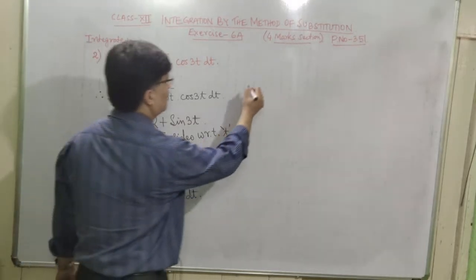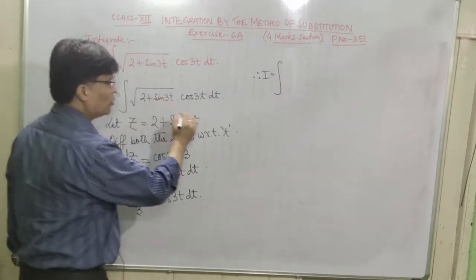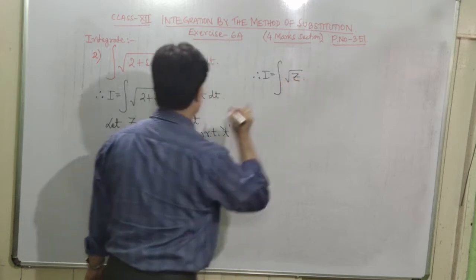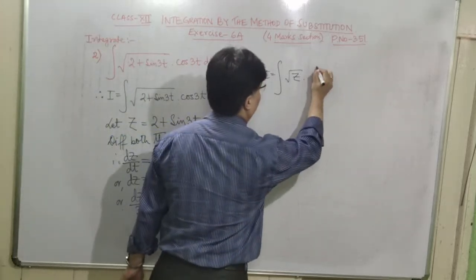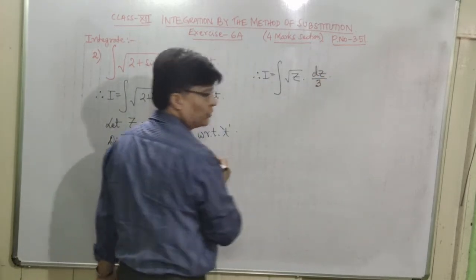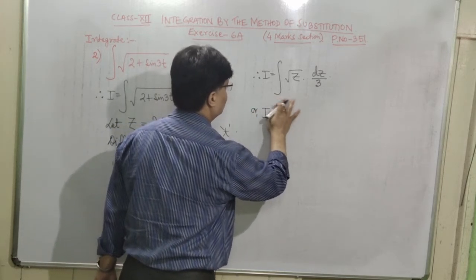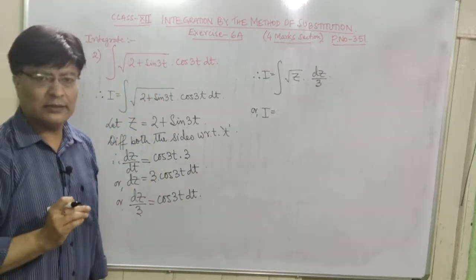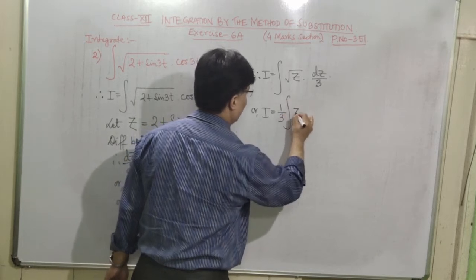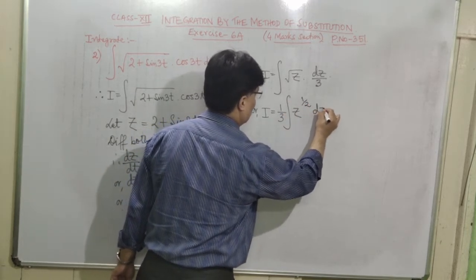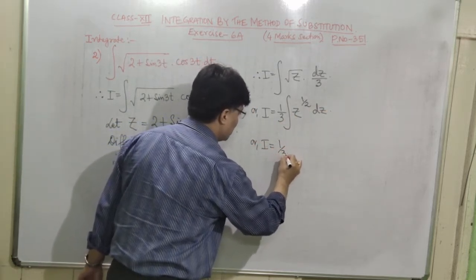Therefore, what does I become now? Therefore I is equal to integration of square root of z into, what is the value for cos 3t dt? It is dz by 3. So this is dz by 3. Okay. So or I is equal to, now which is constant here? 1 upon 3. You can take it outside. So it is 1 upon 3 integration of z to the power half dz, or I is equal